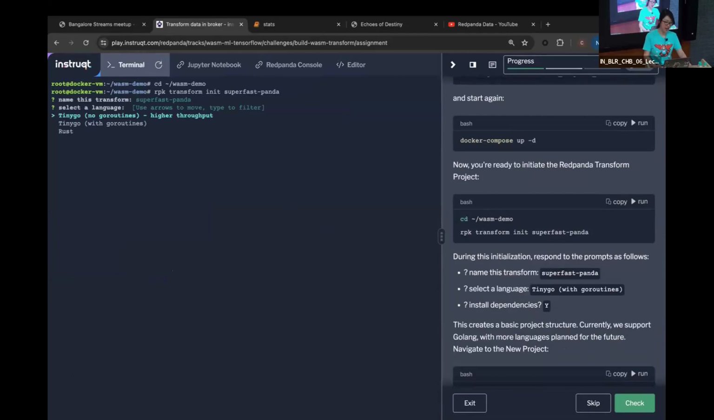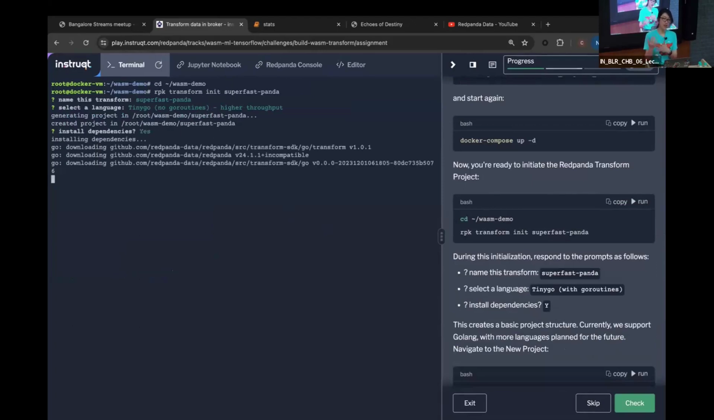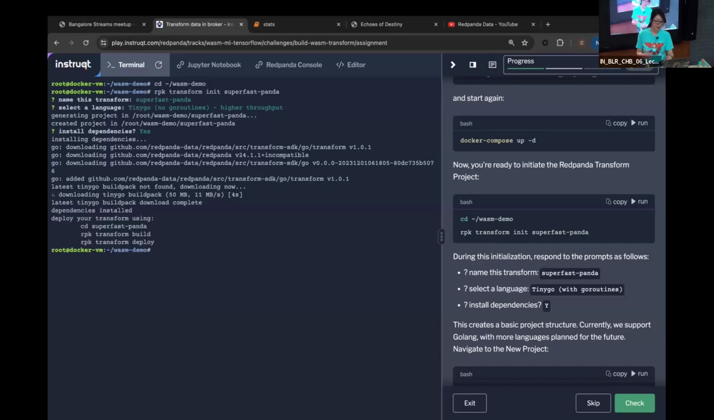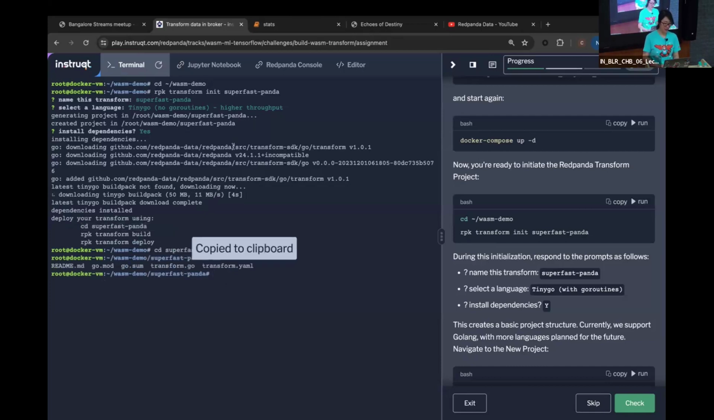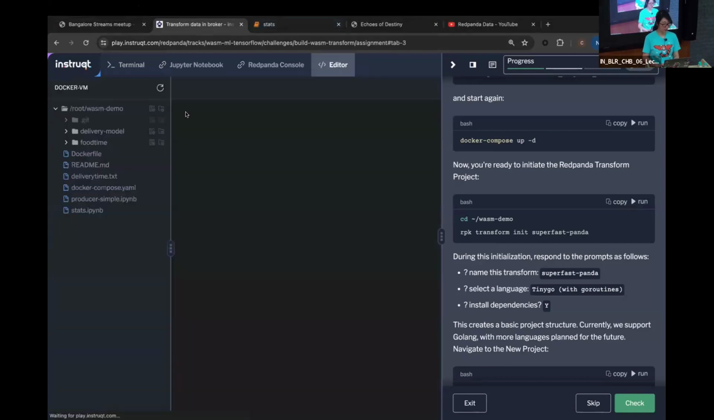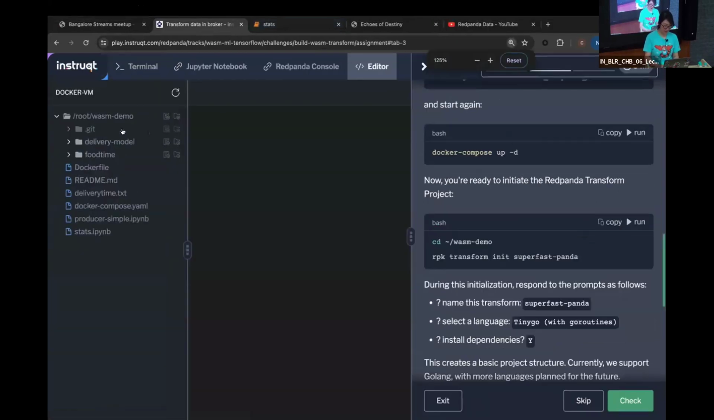So I'm just going to say, yeah, I'm going to write a tiny Go instead of Rust. And I need all the dependencies. What it does is going to pull down all the dependencies and bootstrap everything for me into that particular folder. So it's going to pull down everything live, and then now I have a folder called SuperPanda. So I'm going to go ahead and go into that SuperPanda, and you can see that it creates that bootstrap content for me. So if I make it a little bit larger,